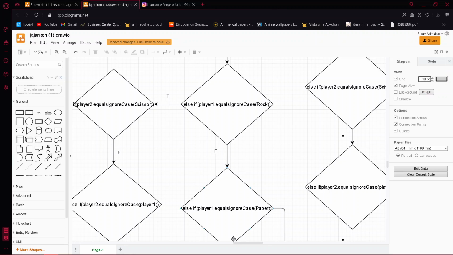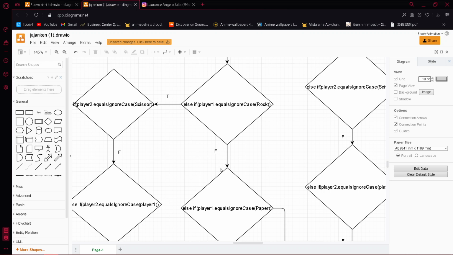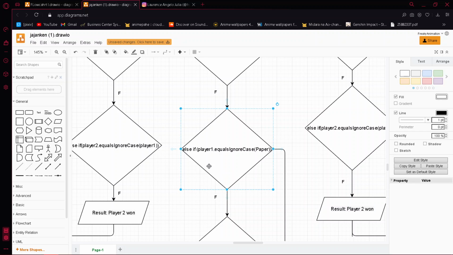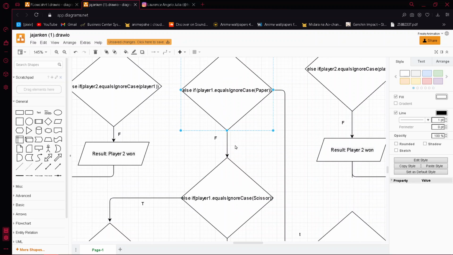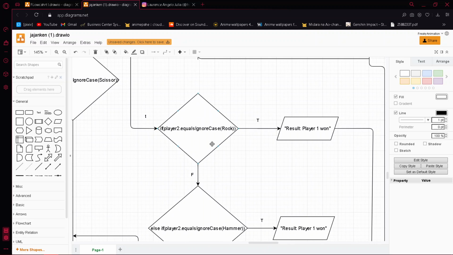Else if player 1 chooses, equals ignore case, paper. If it is true, then if player 2 chooses the rock, the winner will be player 1, because paper will clamp the rock.